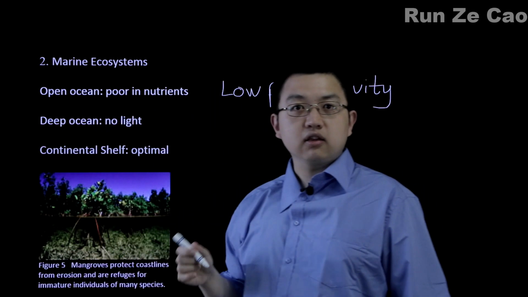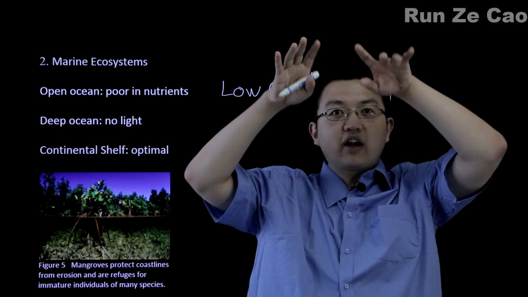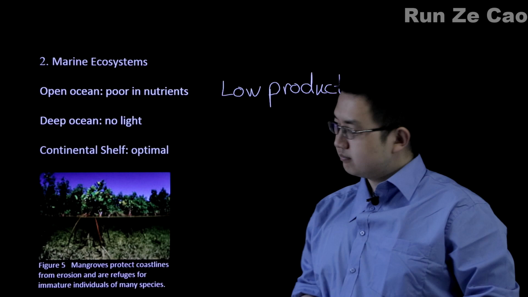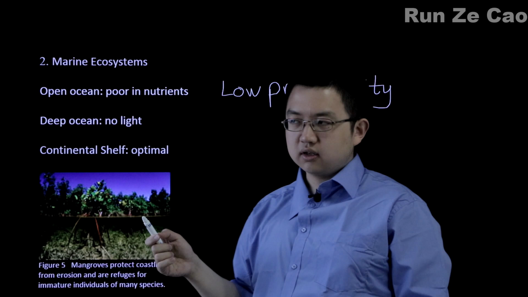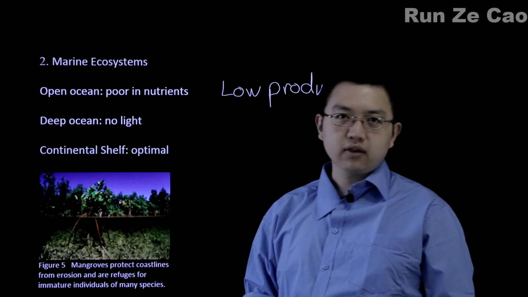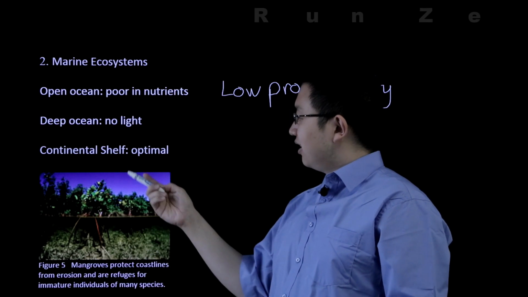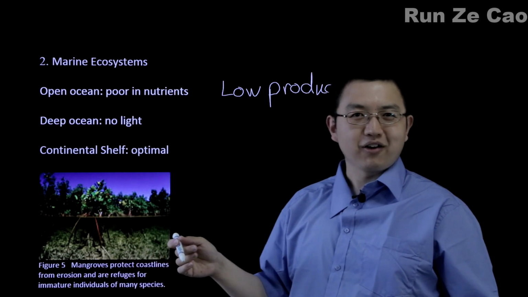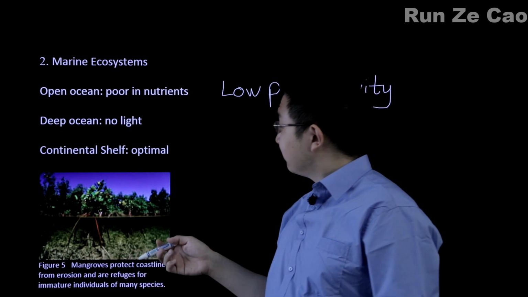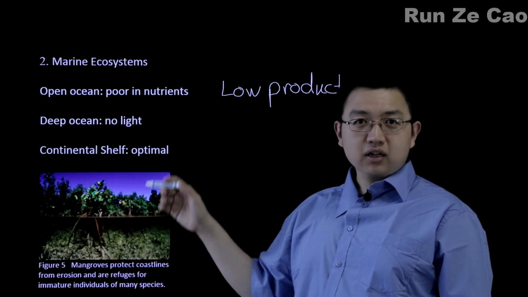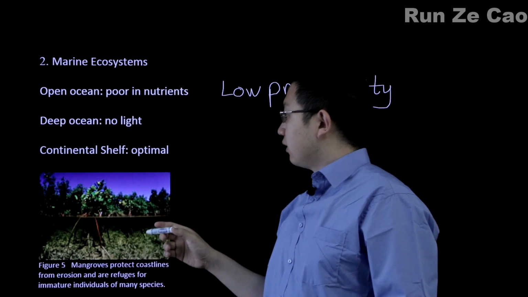The deep ocean, on the other hand, since there's no light, photosynthesis is impossible. They essentially rely on the detritus snow from above. Well, technically there's also chemosynthesis going on near black smokers, or undersea vents, as some people call them. As they're technically called. But most people tend to like black smokers better for some reason. Probably because it sounds a little cooler, maybe? I don't know. Anyway, so in the deep ocean, productivity is minimal and concentrated around thermal vents, hydrothermal vents.